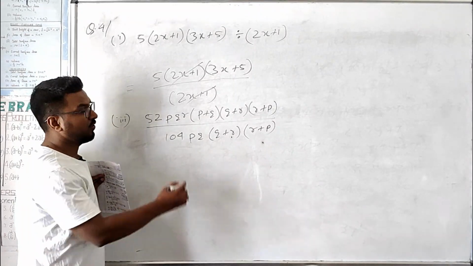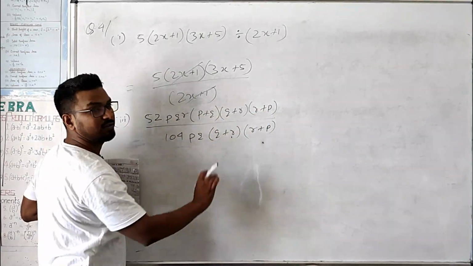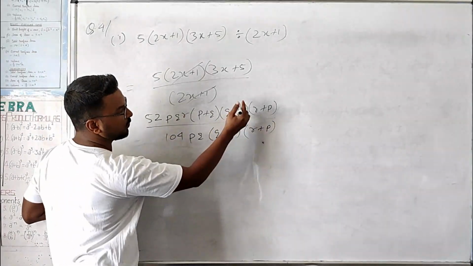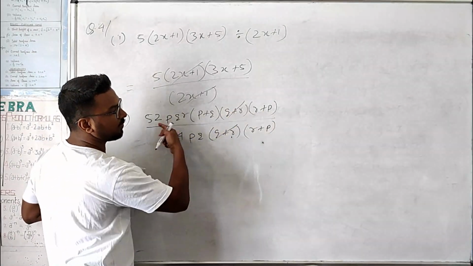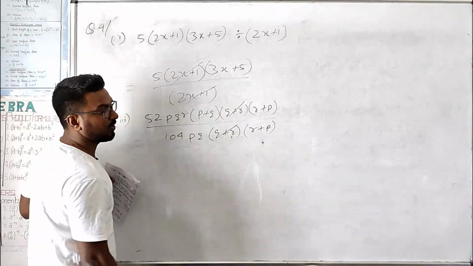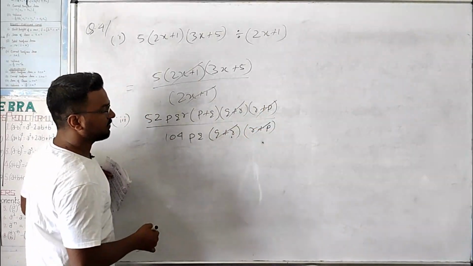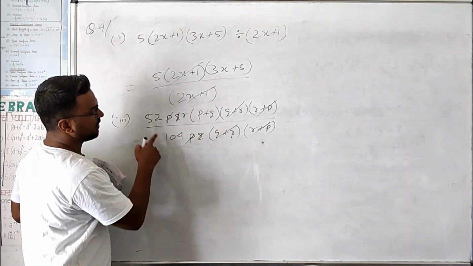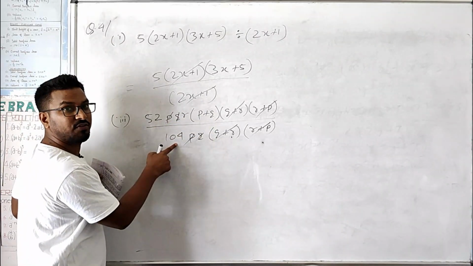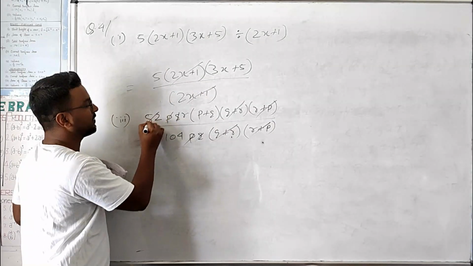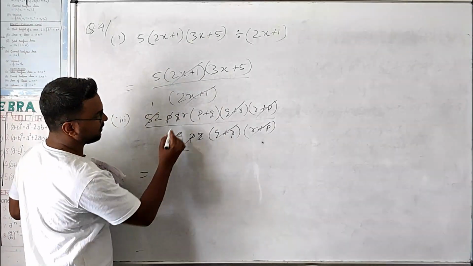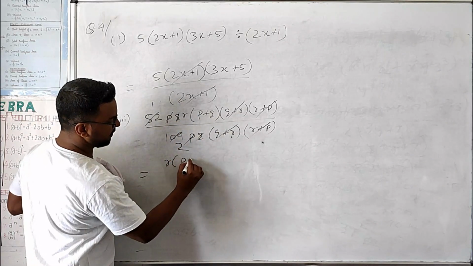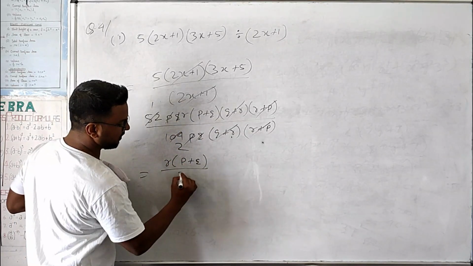Our next question is given, you have to divide these factors by all these factors. Now you see there are so many common factors, right? So q plus r you can cancel because all are multiplying in the numerator as well as in the denominator. This also you can cancel, right? And here p cancels, q also cancels. 52 how many times? 104. 52 into 2, you can do it directly, 1 by 2. So what will be the answer? In the numerator r into (p plus q) is left and in the denominator it is 2.